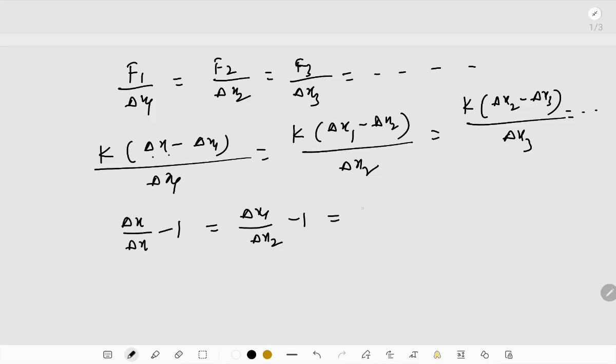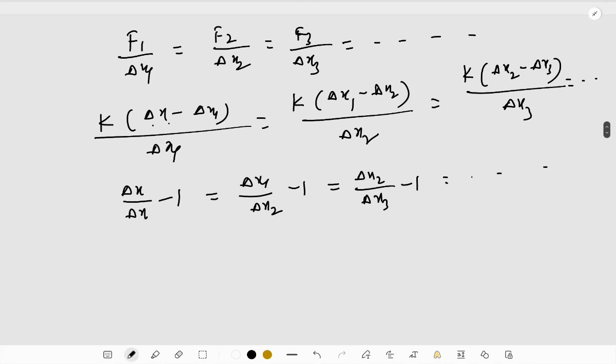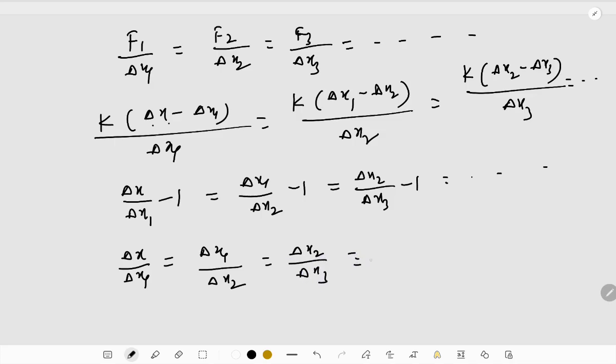Again in the next step you can see here delta x2 by delta x3 minus 1 equal to this. We can write something like that. And we can write this equation as simply, sorry, this was x1. So we can simply write this equation as delta x by delta x1 equal to delta x1 by delta x2 equal to delta x2 by delta x3, and this simply can be